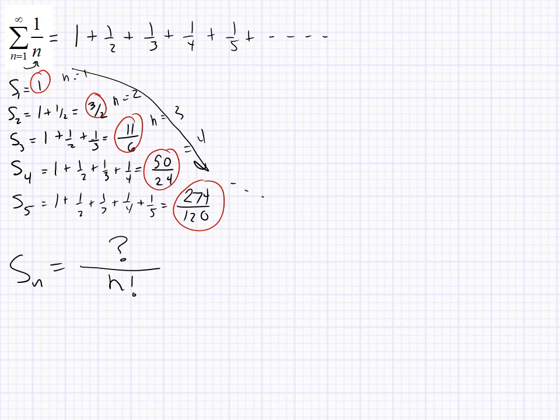So we've got to plug in 1 and get 1. Okay, that's not a big deal. But plug in 2 and get 3. Plug in 3 and get 11. Plug in 4 and get 50. Plug in 5 and get 274. That is going to be a little bit harder. And so we could sit here and try and work on it, and maybe eventually we'll come up with an answer for the pattern of partial sums. But it's going to be fairly difficult, is the basic idea I'm trying to get at here.